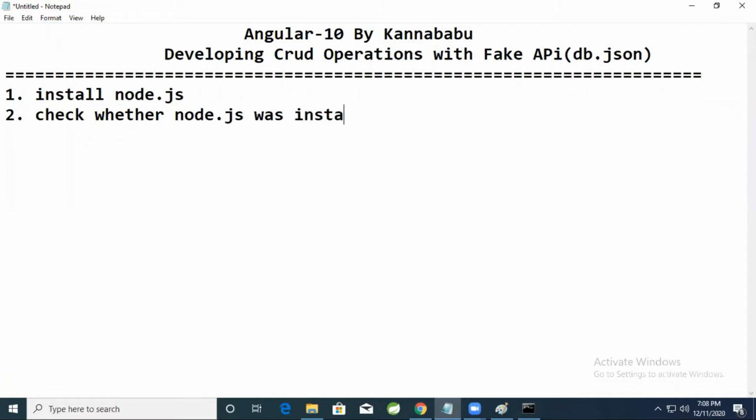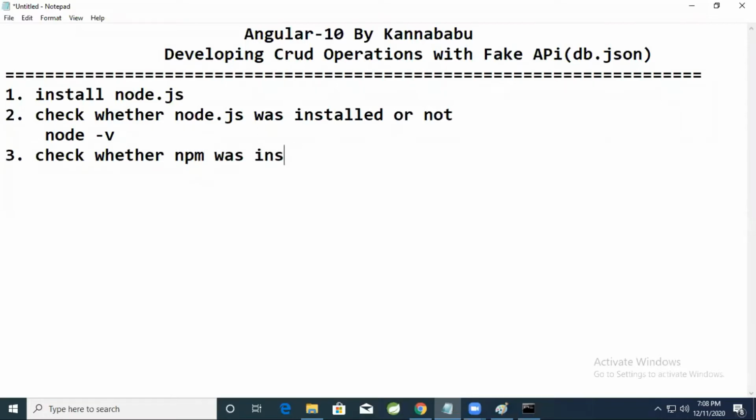Whenever we install Node.js, npm and the Node.js command prompt will also be installed. So node space -v is the command to check whether Node.js was installed. Then check whether npm, the Node package manager, was installed. The command to check is npm space -v.